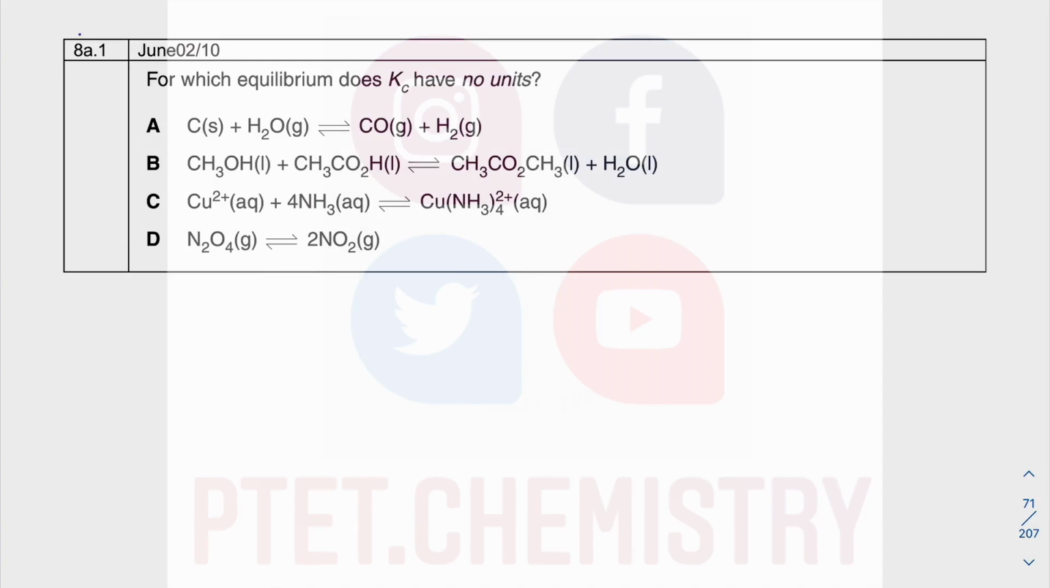So this is a topical multiple choice question on the Cambridge International curriculum. This is topic 8, well at least it is topic 8 in my book. It's chemical equilibrium. So we are going to talk about